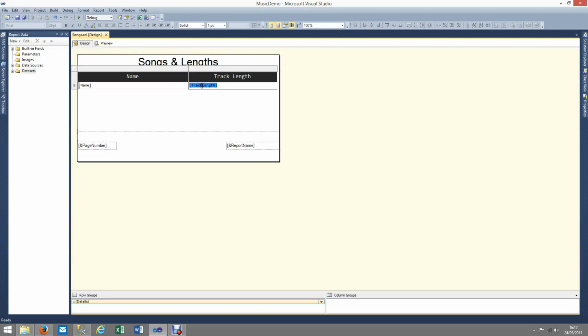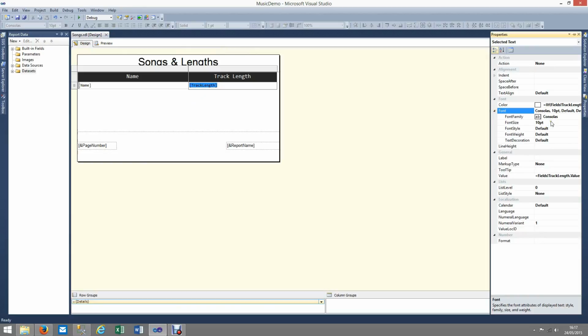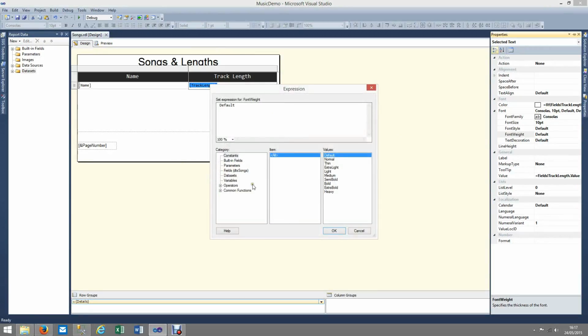So let's go to track length again, click our properties tab, and then go to font, let's change the weight. So what we'll do is we'll delete this default here,